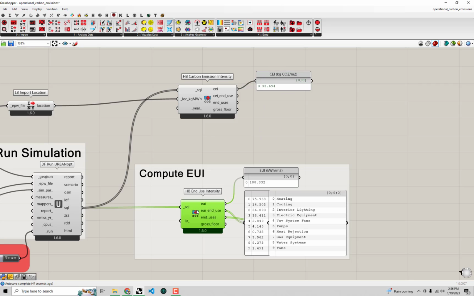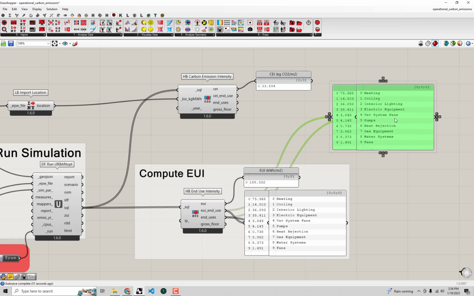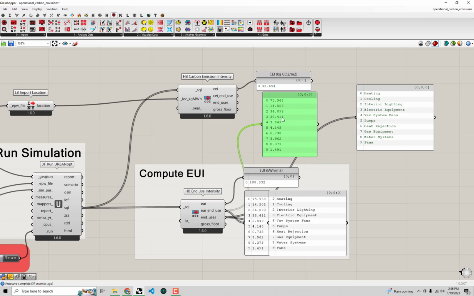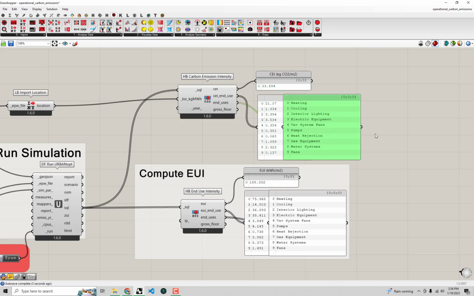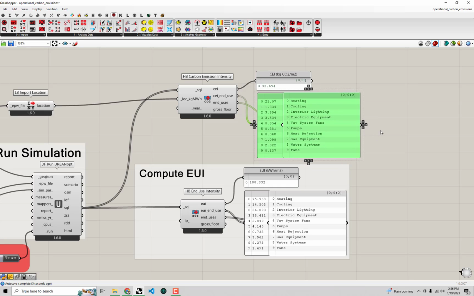And just like the Compute EUI component, we can look at the end use breakdown in terms of carbon. So I'm going to copy and paste both of these panels that I used to look at the breakdown of end uses in terms of energy. I'll connect up the carbon intensity end use, and then connect up these end uses, which are the same as we can see here. This now gives us a new type of insight into what exactly was driving the